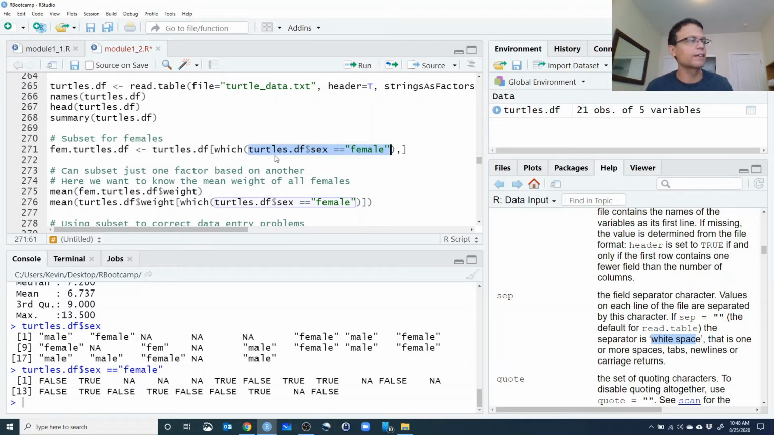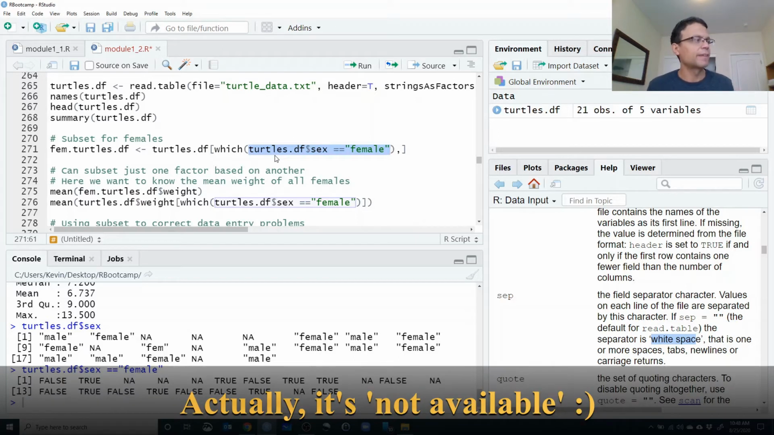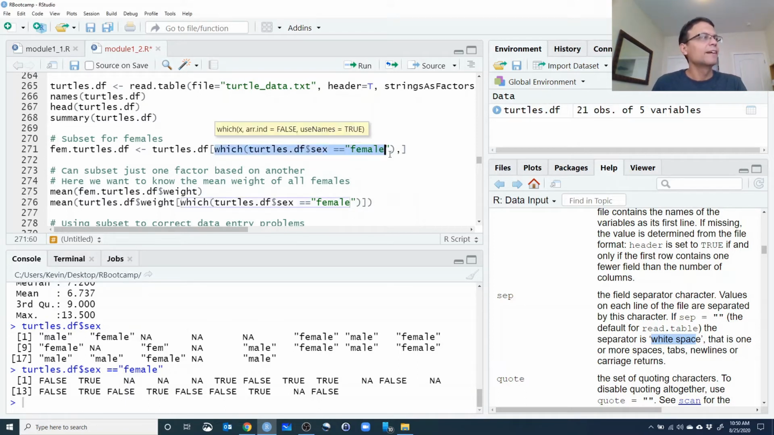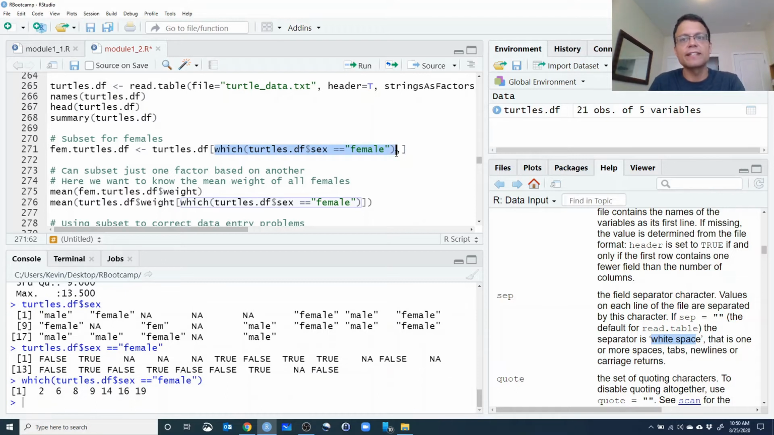NA just means not applicable, and that is R's internal representation of missing data. Next, we wrap that into the which function, which takes that vector of trues and falses and NAs and returns the indices that are true. So that gives us a set of indices that represent where the trues are in this vector. We take that list and use that to specify the rows of turtles.df that we want to retain in this